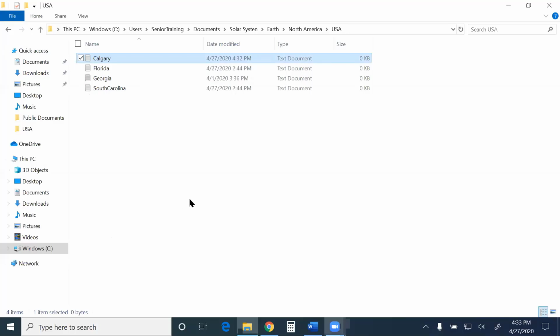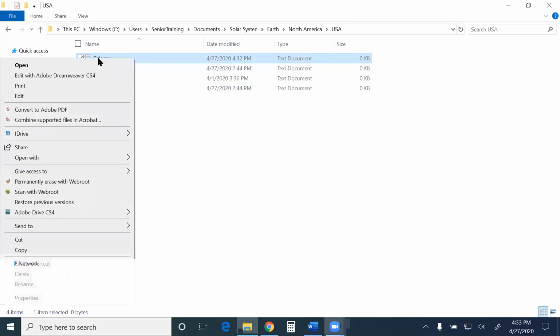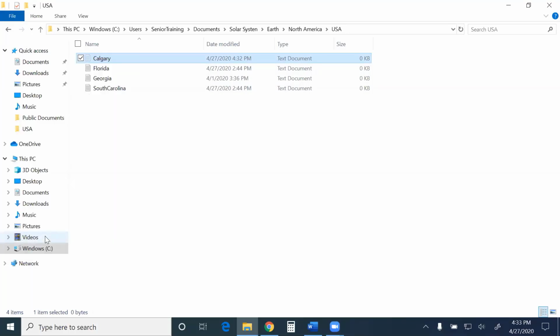So what I'm going to do is I'm going to cut it, right click, and select cut. What you're going to notice there is Calgary is now slightly dimmed. If I were to now shut down my computer, walk away from it, nothing is going to happen to that Calgary file. It's going to stay exactly where it was. Because if I cut it and never paste it, then nothing ever happens.